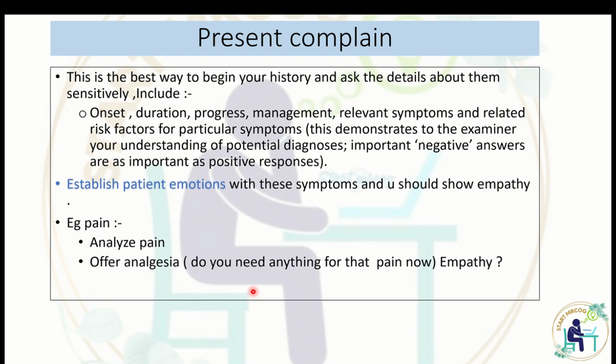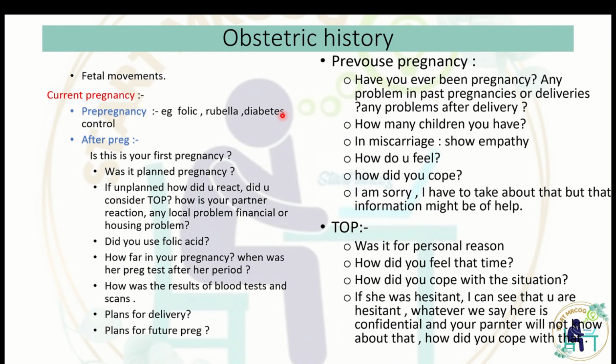And this is the empathy point here. Set a certain set of questions for obstetric history, and here is the general history, and then later you can apply it according to your patient. Usually we ask about the baby movement, if applicable, and start with the current pregnancy. If the patient is pre-pregnancy, you can ask if she started folic acid, had the rubella test, and see if the patient had any comorbidities, and then assess the control of that